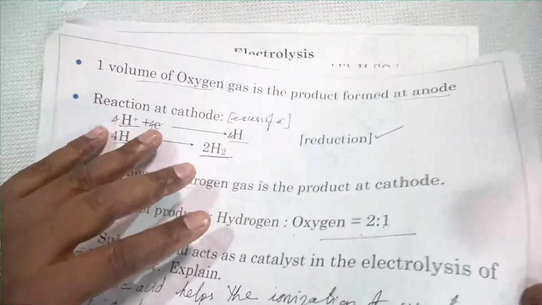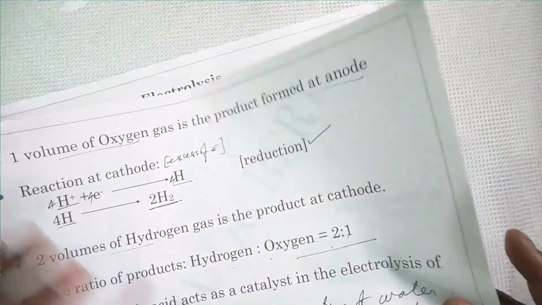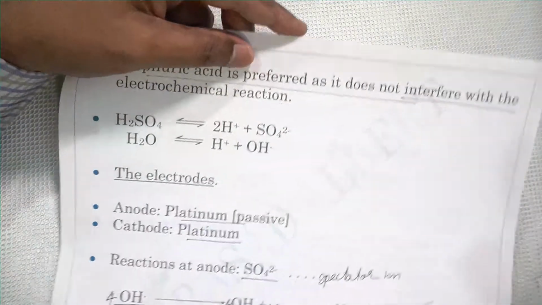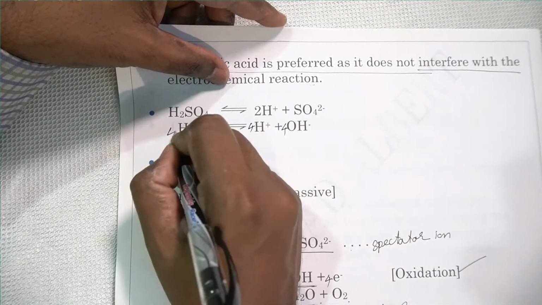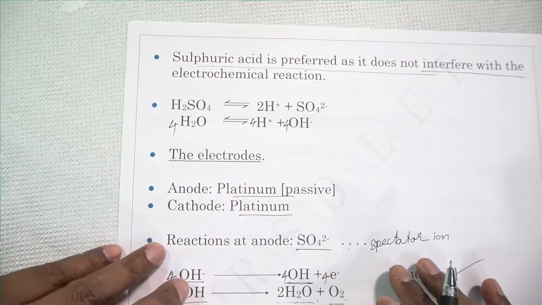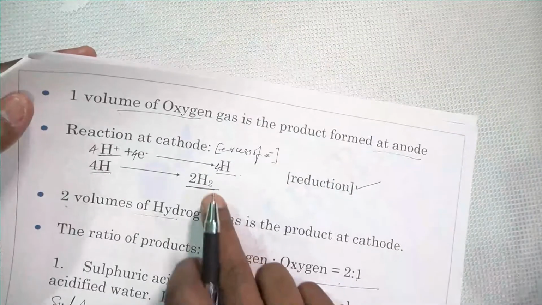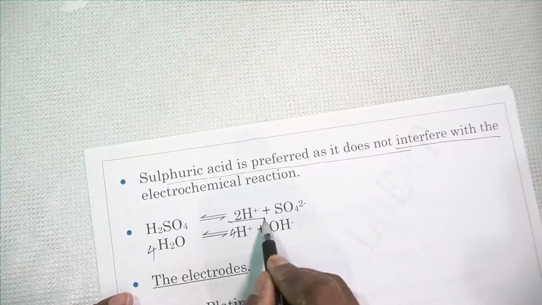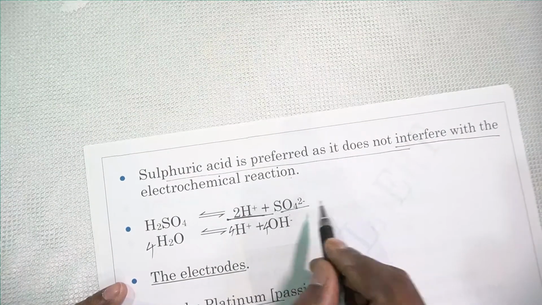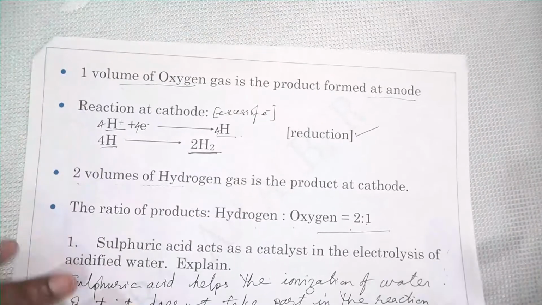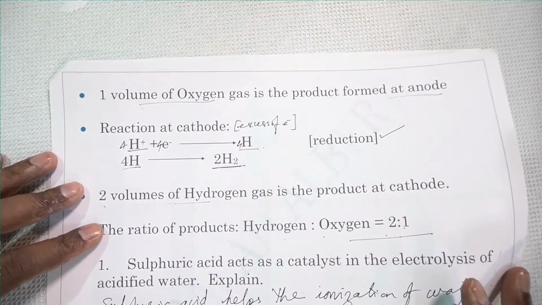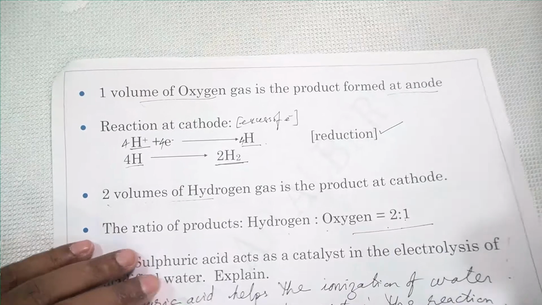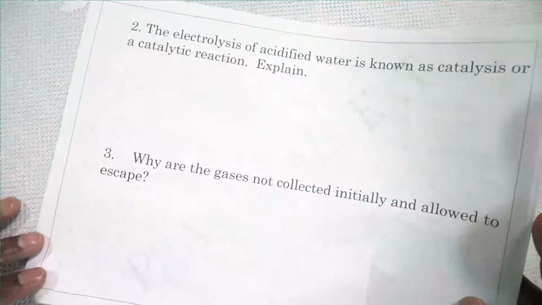Okay. How do we know that? We can check the reaction in the previous page that we have seen. There are 4 OH minus ions required. That means there has to be 4 OH minus here and 4 H plus, that means 4 H2O. So 4 H plus and 4 OH minus used. That means this H plus is not used from sulfuric acid and sulfate ions not used. That means sulfuric acid is not taking part in the reaction. Therefore, it is known as a catalytic reaction, or the role of sulfuric acid is just the function of the catalyst.